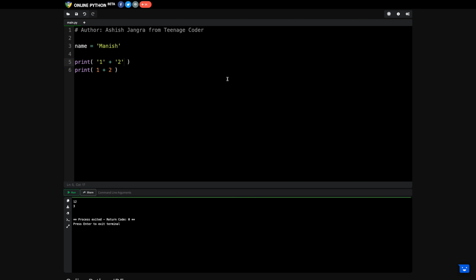The output should be 1, 2, because this is a string now. This is the text, and this is also a text. And if we are talking about text, we can just concatenate them, we can join them, we cannot add them. Clear? Now, what if I'm going one step ahead, and instead of writing this, I am writing both of them